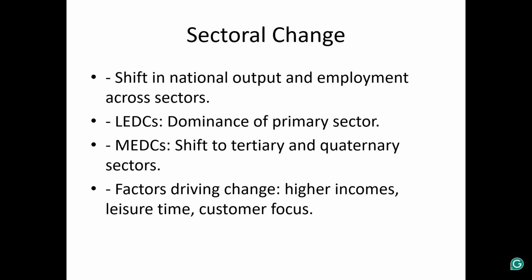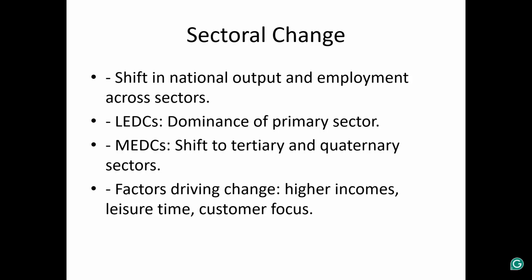Anyway, next slide is sectoral change. So basically, countries will shift between these sectors and how much of the total country is working in each of these sectors.